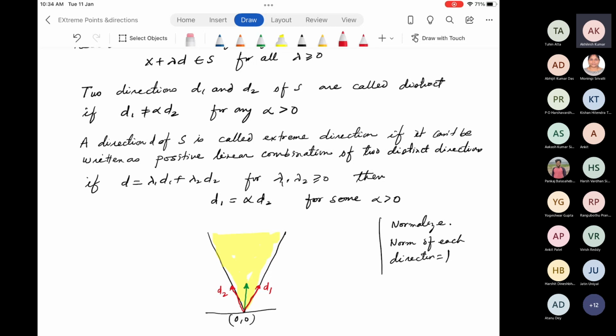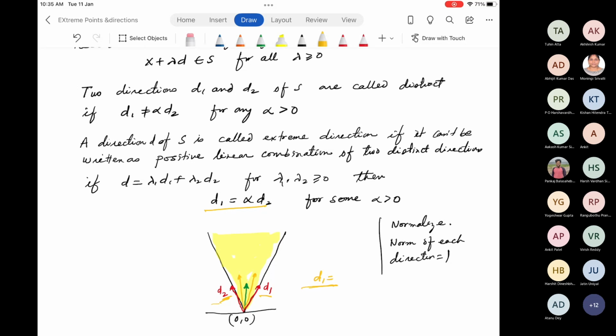Now look carefully at the two directions which I have written as D1 and D2. Are they extreme directions? Yes, sir. All of you? Any other direction I try to draw, I can write as a linear combination of these two directions, D1 and D2. Not convex, sorry, linear combination. But if I try to write D1 as a linear combination of any other, it is not possible. It has to be D1 equals some alpha D2. Does that make sense?